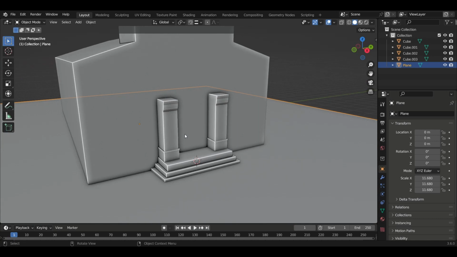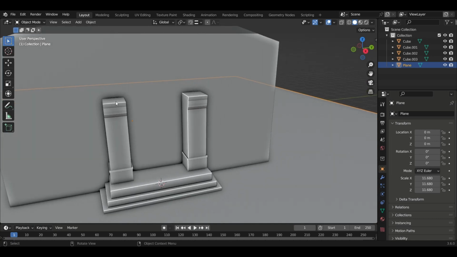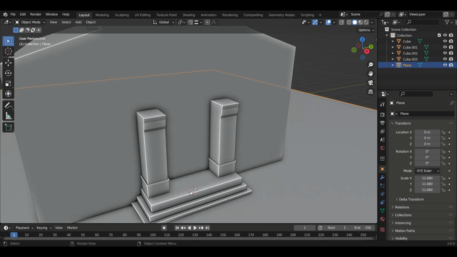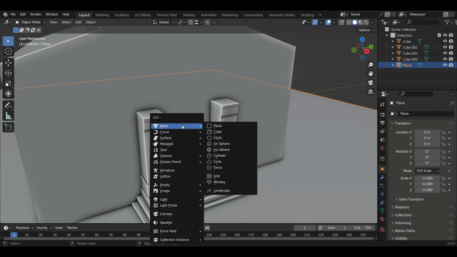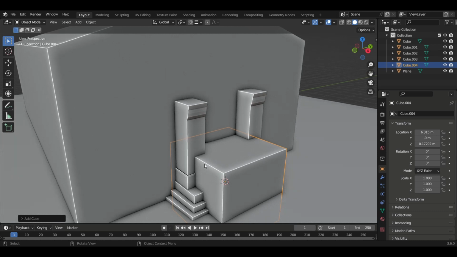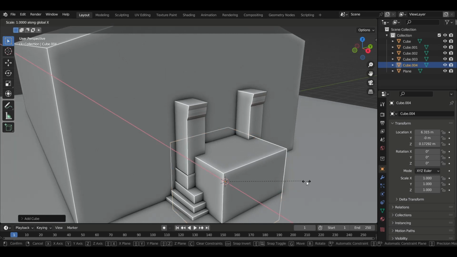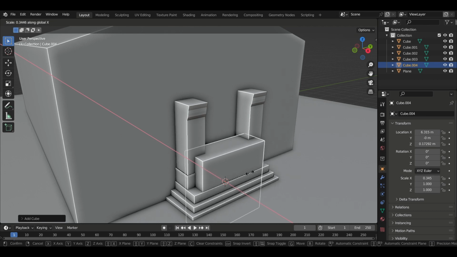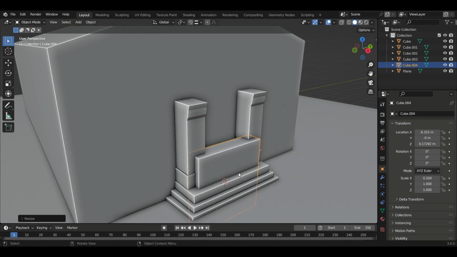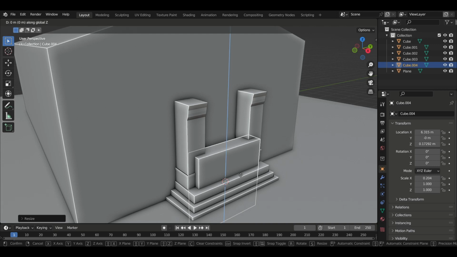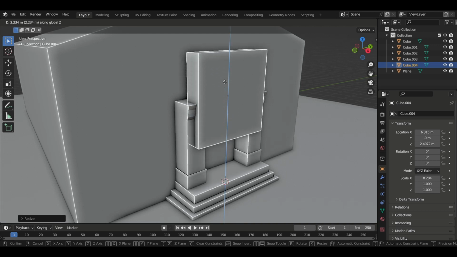Okay then, now let's add an arch on top of this pillar. For that, we'll use the same cursor position, Shift A, mesh cube. One more time, hit S to scale it and X to scale it down in X direction, grab it and move it in Z direction. Okay,